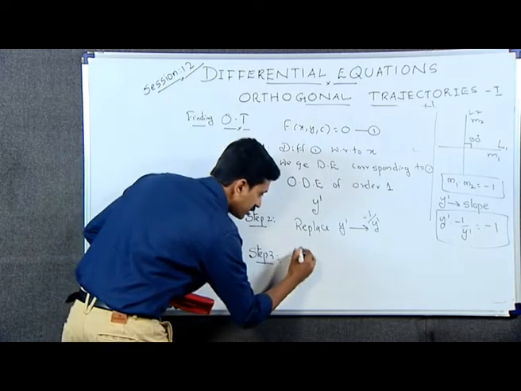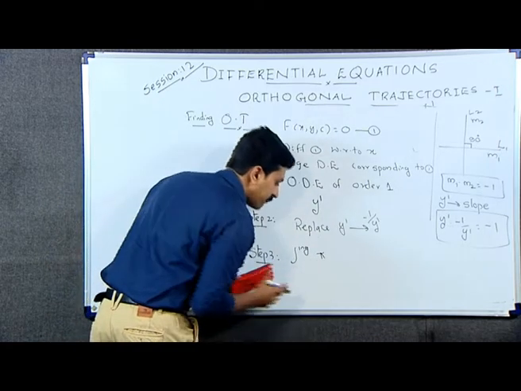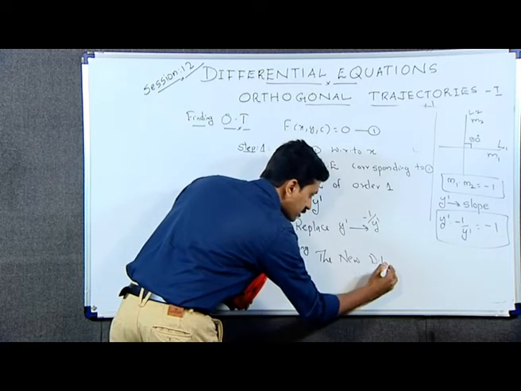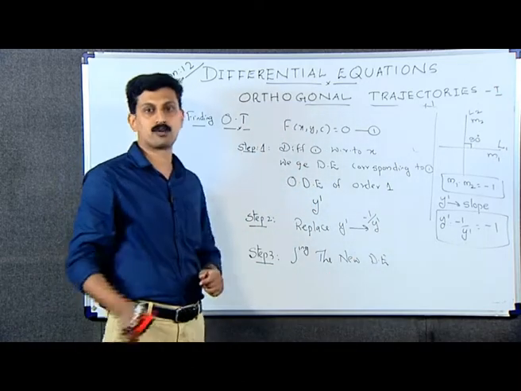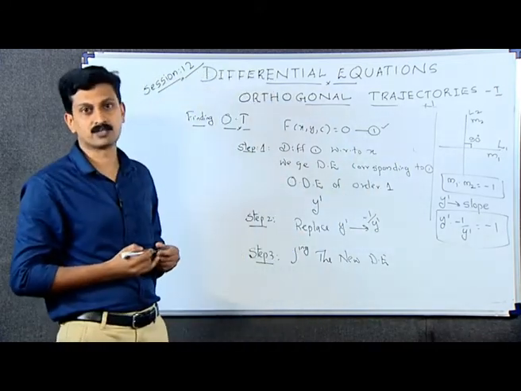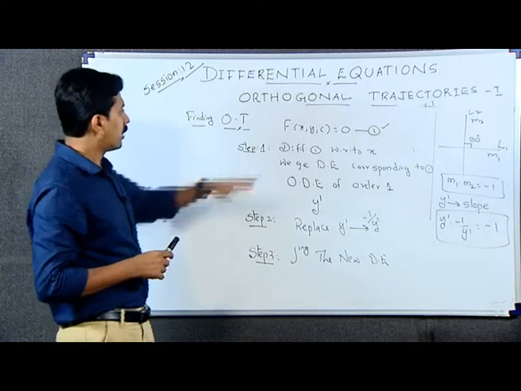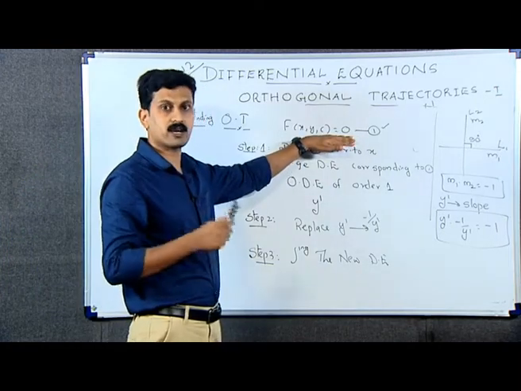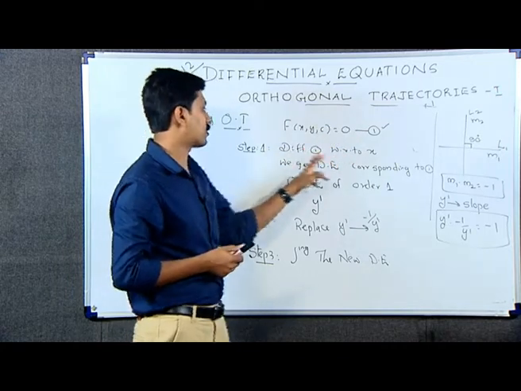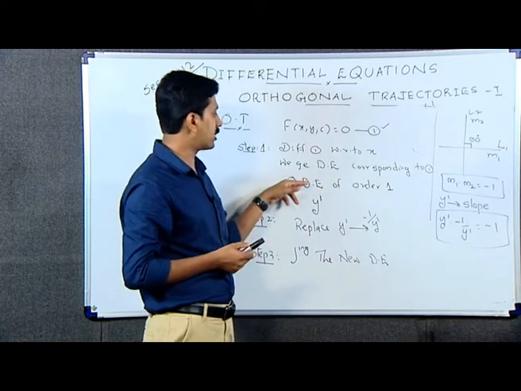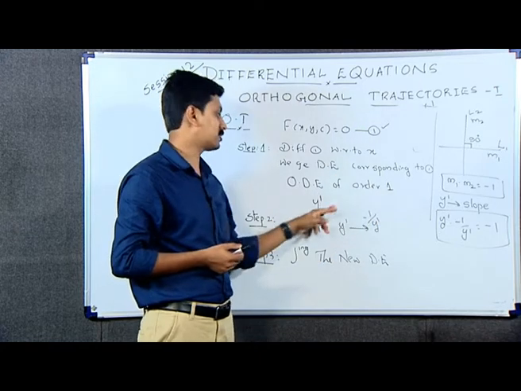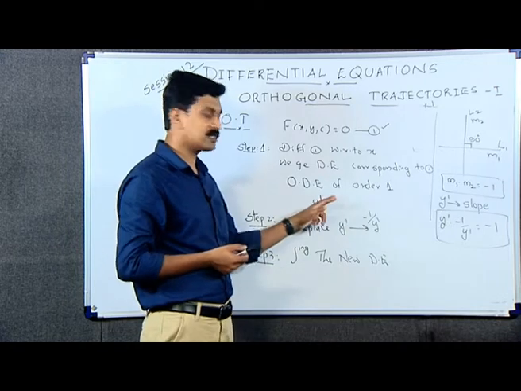So, just integrating the new differential equation, we will have an orthogonal trajectory of the given family of curves f of x, y, c equal to 0. What we will do is that we are given a family of curves in our question. We just differentiate that family of curves, and we will have an ordinary differential equation corresponding to it, which is of order 1. Therefore, definitely it contains y dash or dy by dx,